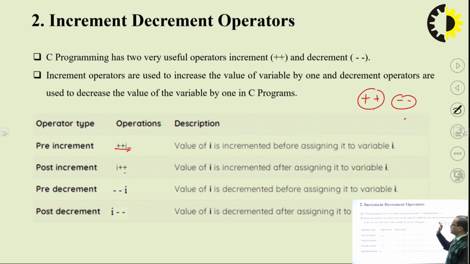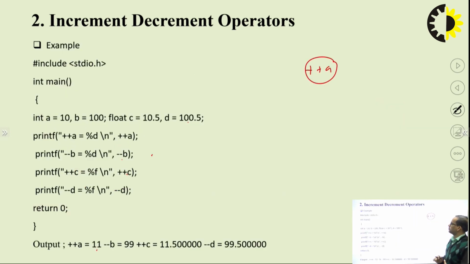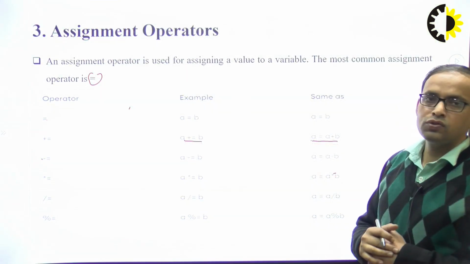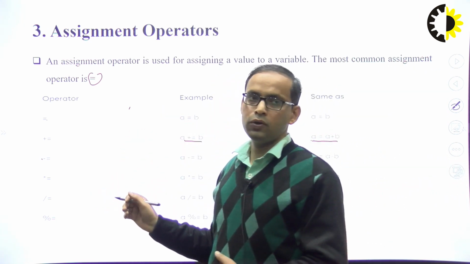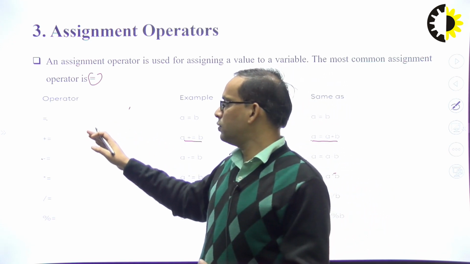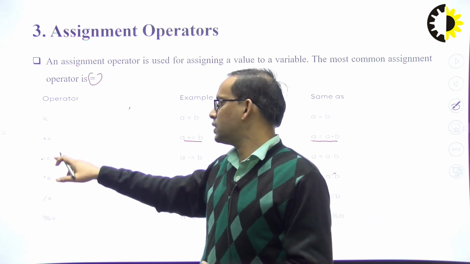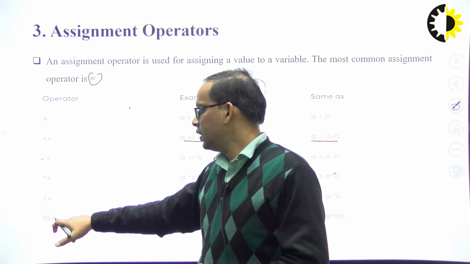Next we saw the increment operators. Increment operators are used to increase the value of a particular variable by 1, and the decrement operator is used to decrease the value of a variable by 1, and we use them in looping and in arrays. Next we discussed this example. After that we saw the use of the assignment operator, and how we can use the assignment operator with the other arithmetic operators like plus, minus, multiplication, division and modulus.